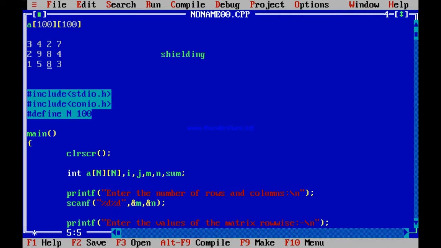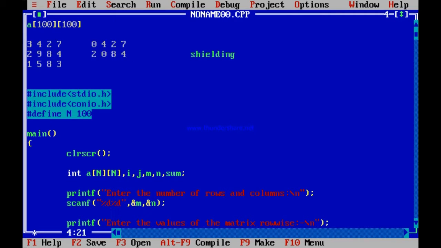If you consider this diagonal, the first shielding can be like this: convert the diagonal to 0. That is, the output of the program after executing is that this matrix will convert to 0, 4, 2, 7, followed by 2, 0, 8, 4.